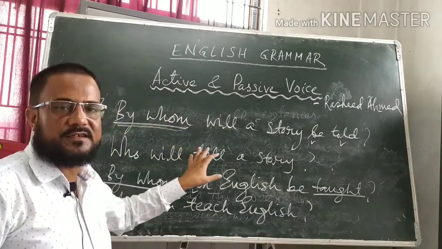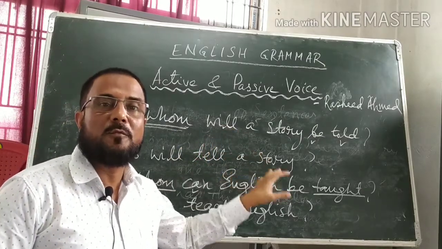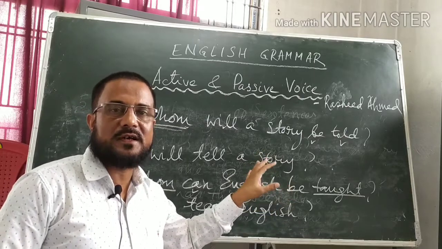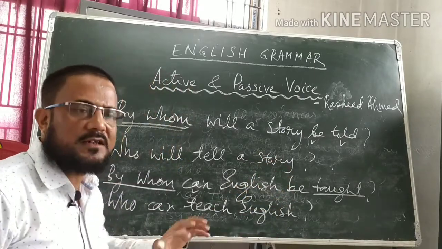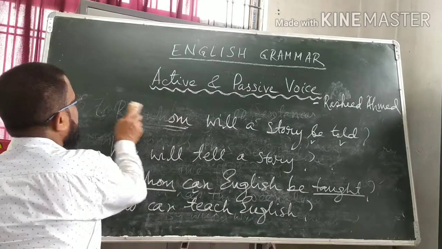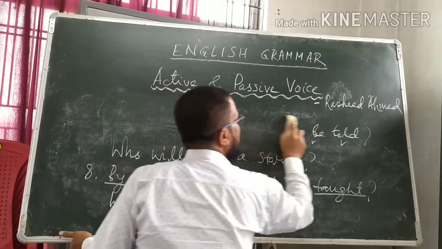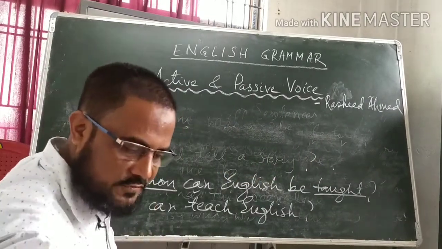These 8 sentences that begin with who in active voice and by whom in passive voice, we have seen how their voice is changed from active to passive and vice versa. Let us see how other WH questions are treated. The next number will be number 9. We have done a lot of exercise on who and by whom. Next one will be,